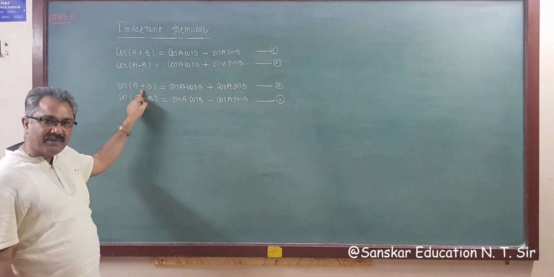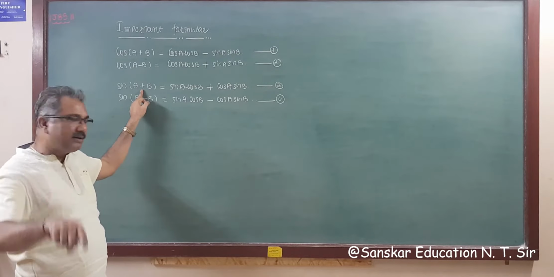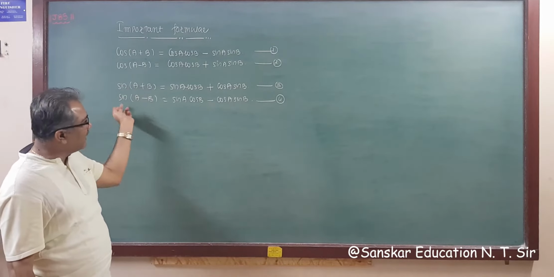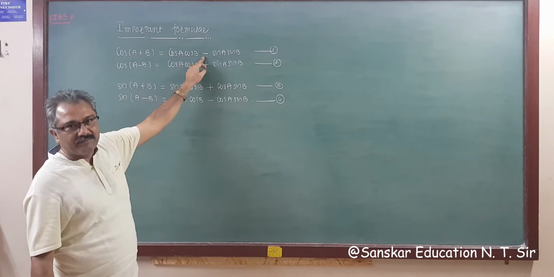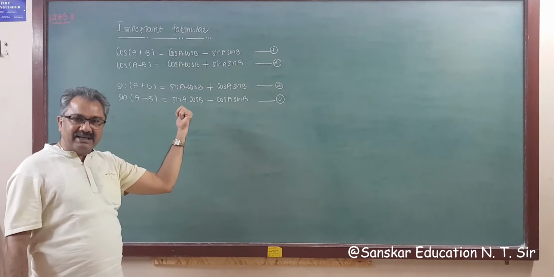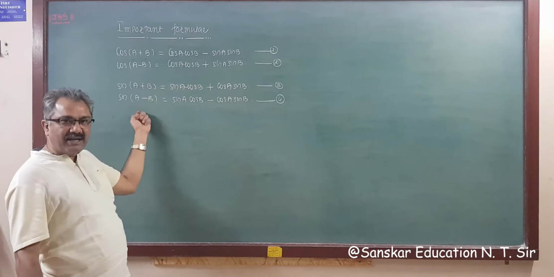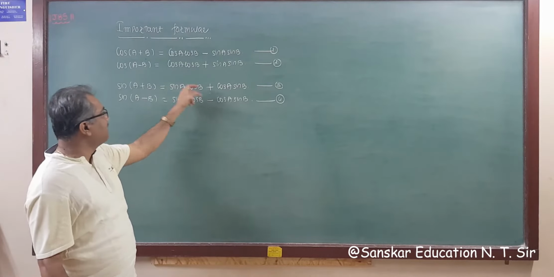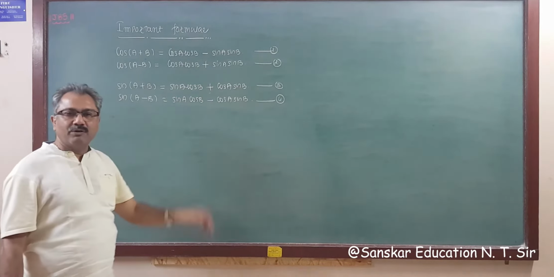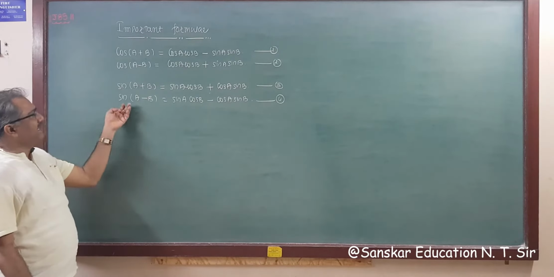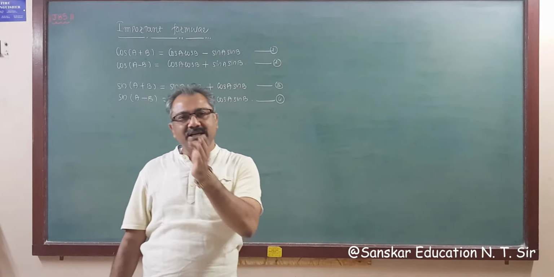For sin(A+B), you have to remember sin cos and then the reverse of the angle. So sin A cos B, sin cos, that is sin A cos B. In the cos formula: cos A cos B, plus then minus, sin A sin B. And in sin: plus then plus, minus then minus. So plus the reverse of this, that is cos A sin B. You have to remember it like this. And sin(A-B) is equal to sin A cos B minus cos A sin B.